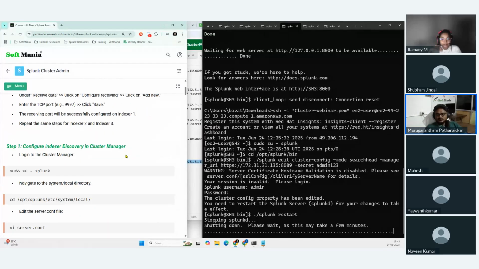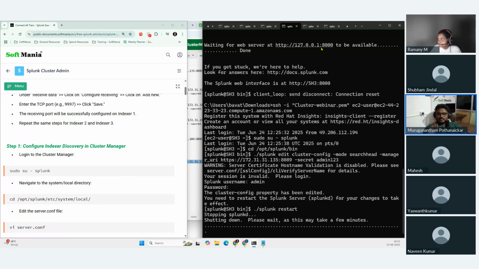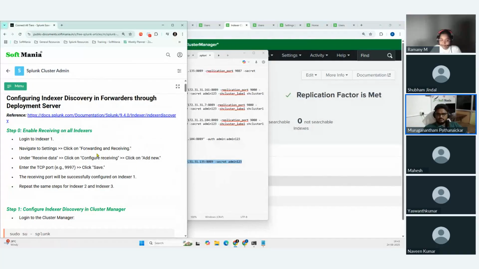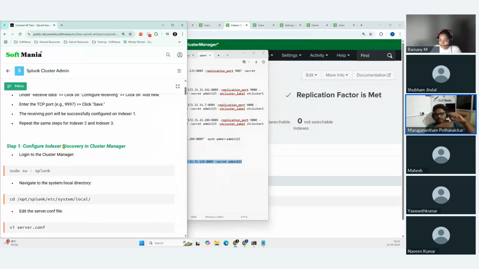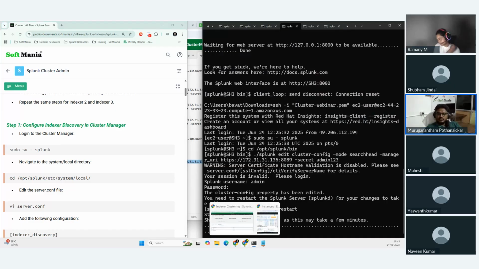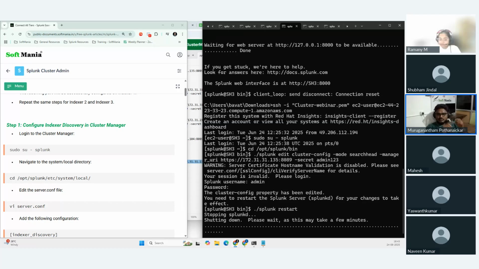Yeah. In a real-time environment, let's say now we have 3 indexes, which are static. But let's say tomorrow you're going to add another indexer or 2 more indexes, or you're going to replace one of the indexers. So each indexer IP address might change, right? Or if you add additional indexers, every time you need to go and update your forwarder configurations. So the management side is a headache if you don't have